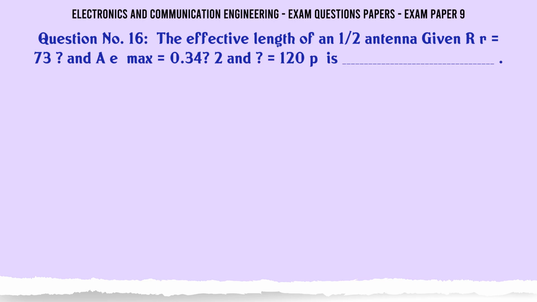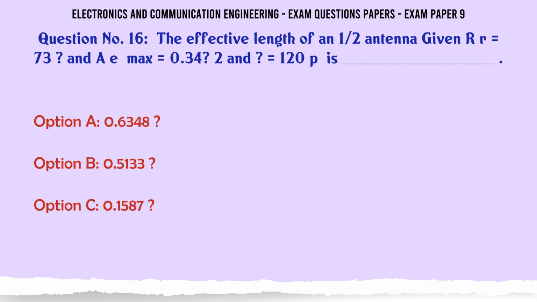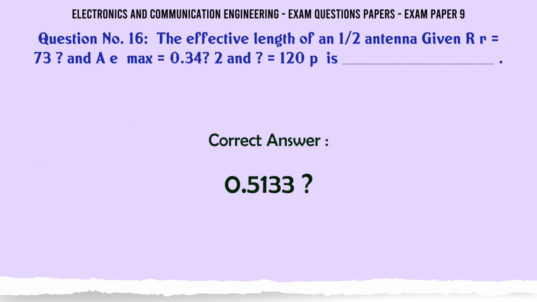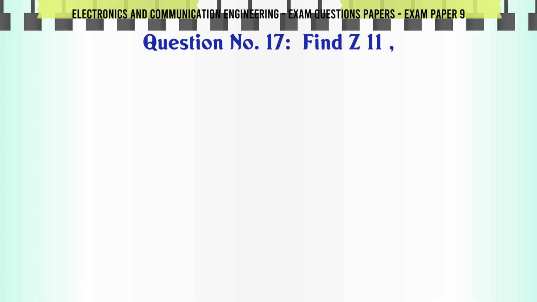The effective length of an antenna given R = 73 Ω and A_E max = 0.342 and 120π is A) 0.6348, B) 0.5133, C) 0.1587, D) 0.3714. The correct answer is 0.5133. Find Z11, A) 2, B) 4, C) 1, D)